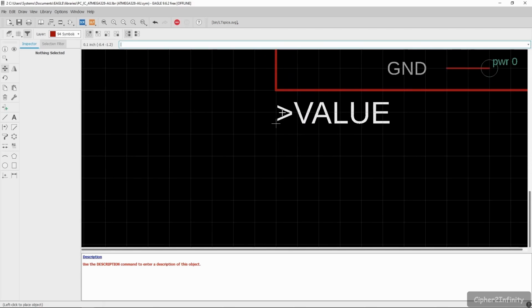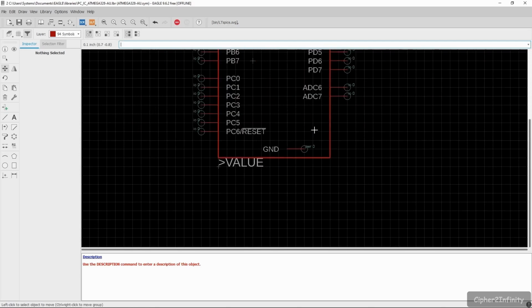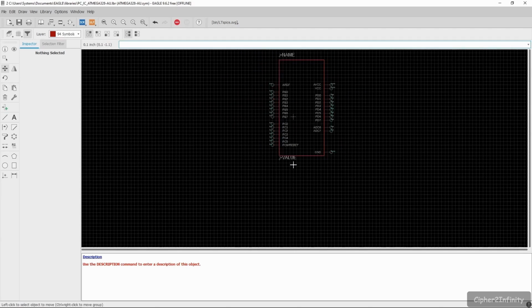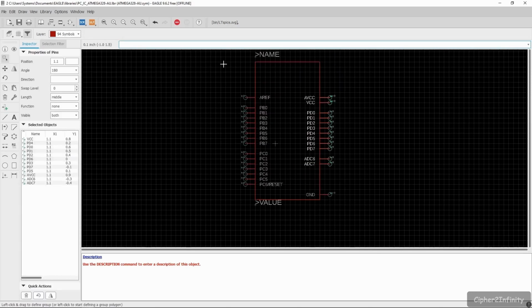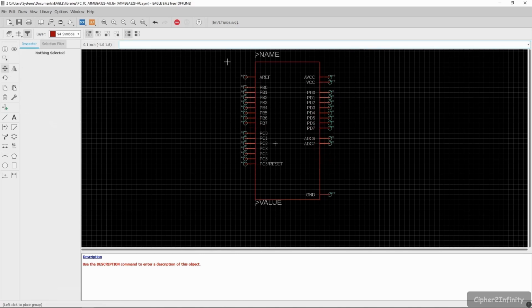Again you have to press the control button, and then automatically it will come on the grid. After that, I will place this ground pin on this edge of this symbol. All right, let me move this entire symbol above. So all the pins of this symbol I'm going to move above. Move group, and then I will place it here like this.